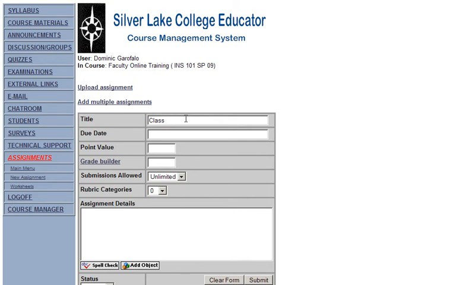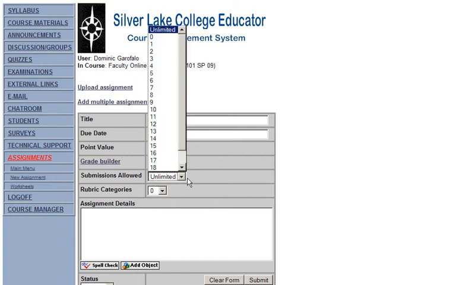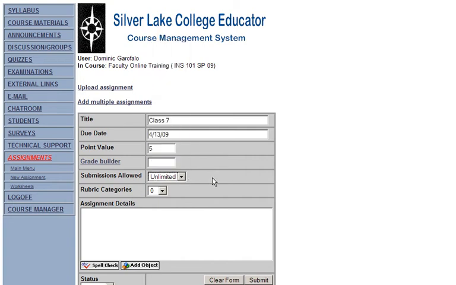I'm going to make the due date 13/09. Assign it a point value, and then I can choose however many submissions I want to grant the student. Grade Builder I'm going to leave blank, and you'll see why when I do the video on the gradebook. If you have a rubric category, you can choose one of those, and then here in the assignment details is where I would place the information about the assignment,